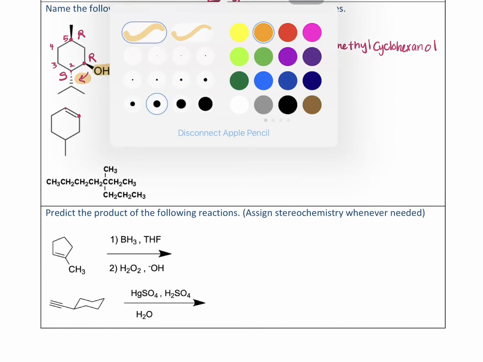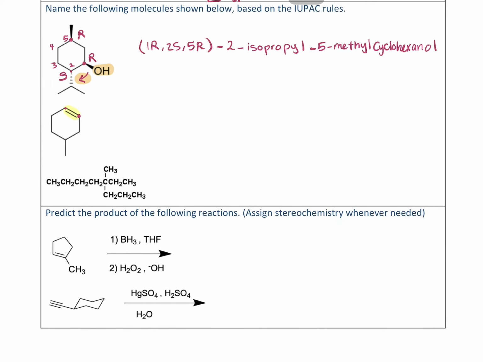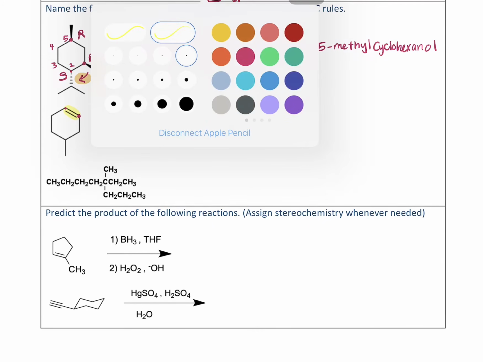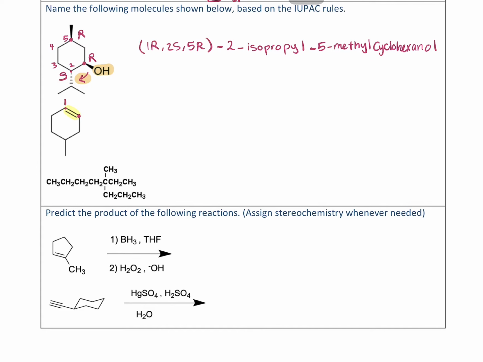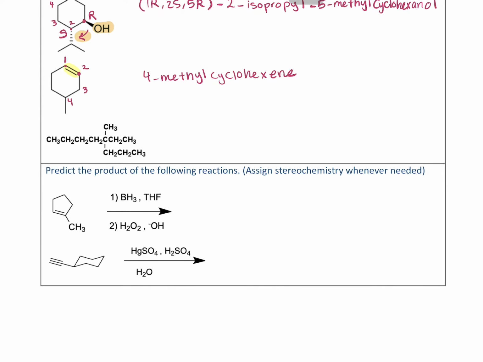So make sure that you are covering this double bond right here when you're assigning numbers. So it should go like 1, 2, 3, and 4. So what you have right here is 4-methyl and then just cyclohexene